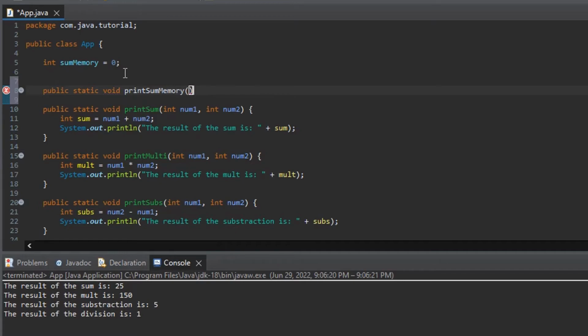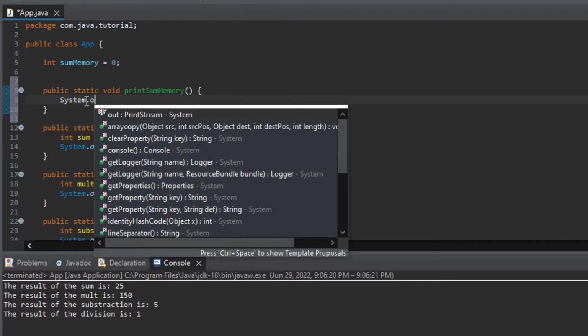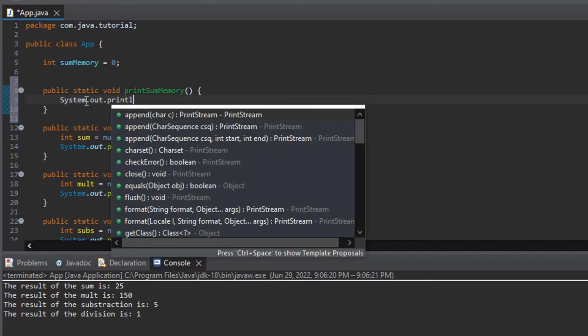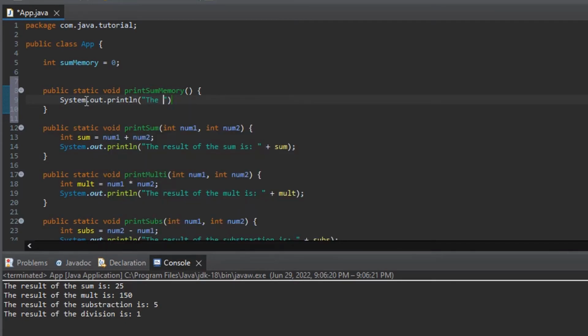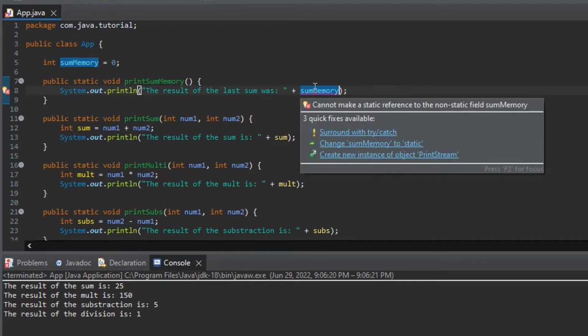No value is needed because I will get it as the global variable, curly brackets, and I just need to use System.out.println, the result of the last sum was, plus